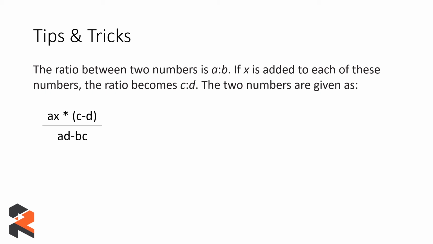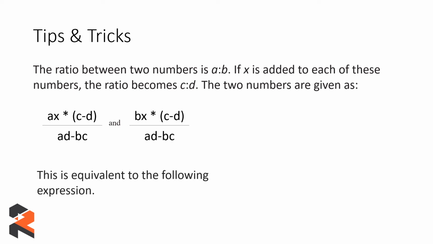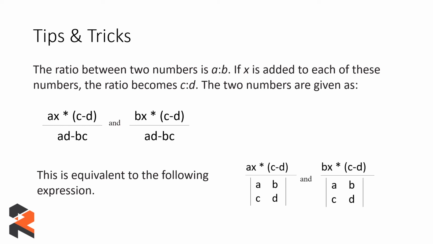The two numbers will be given by ax into c minus d upon ad minus bc and bx into c minus d upon ad minus bc. Now this is looking kind of a difficult formula, but it is not that difficult. To make it easier, you can also write this in the following manner, which is also equivalent to ax into c minus d upon the matrix ABCD, which you have to solve, because as per the 2 by 2 matrix formulas, you can solve it by evaluating it to ad minus bc. So in similar manner, the second value will be bx into c minus d upon the matrix ABCD which we are talking about. So that has to be evaluated.